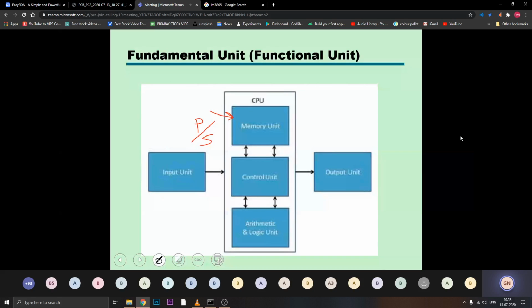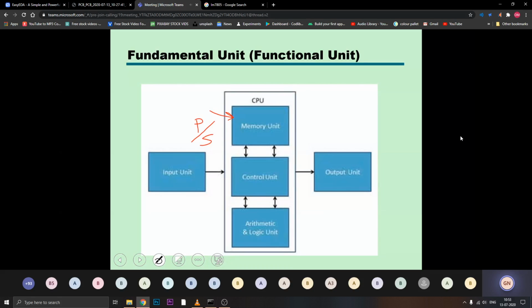Primary memory is basically made up of semiconductors, whereas secondary memory is made up of different devices and semiconductors also. But most possibly secondary memory is made up of magnetic disks, magnetic tapes, or some kind of chips also.